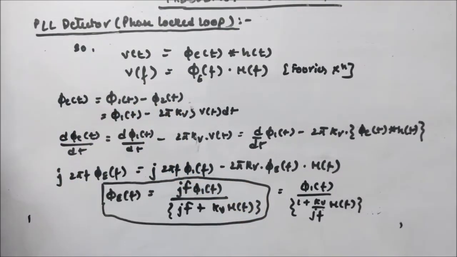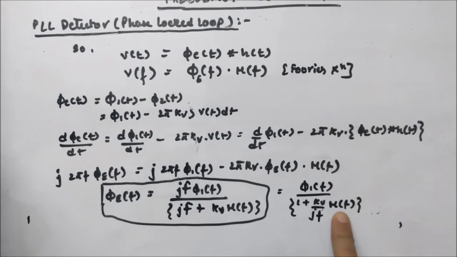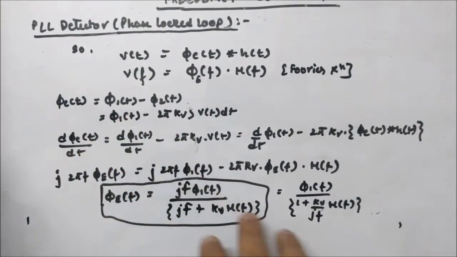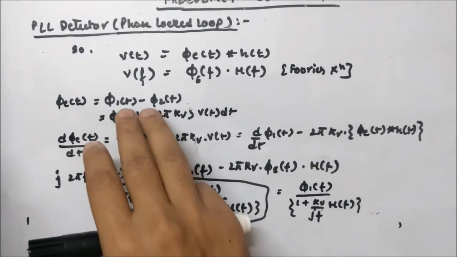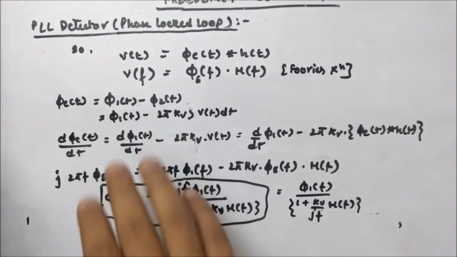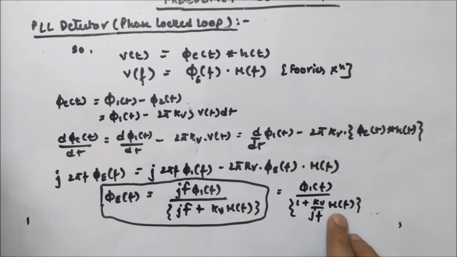This means phi 1 becomes equal to phi 2 and there will be no phase error, which is what we want. But practically it is not possible, since it would require H(f) to be infinite. So what we do is make the passband gain of the low pass filter as high as possible, so that there will be very little difference between the two. Ideally it should be equal to 0, but practically it is not possible. That is why we keep the phase error as low as possible by making the gain of the low pass filter as high as possible. Okay.